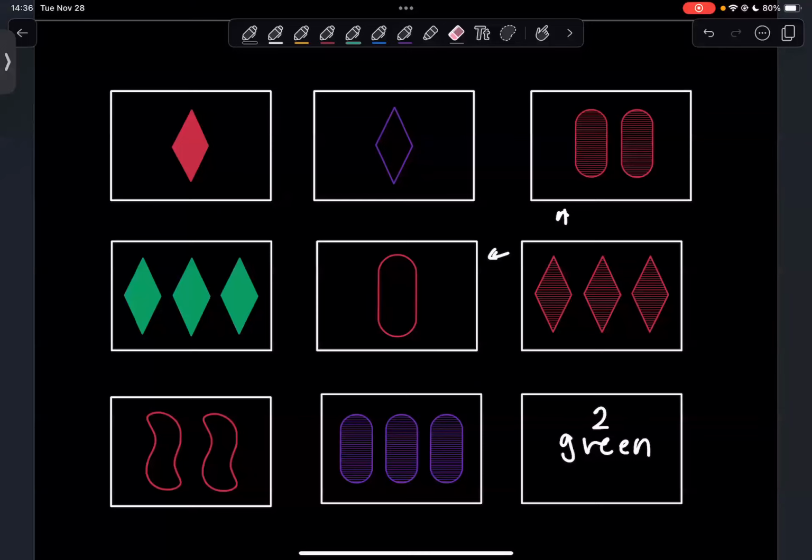So here we can look at the filling. So again, empty, filled, or striped. So I can put together things that are all different or things that are all the same. So that top row has filled, empty, striped. So those can make a set together just thinking of that attribute. The same thing will be true for the second row. And so this last row will have to make a set just within that characteristic. So what would the filling be here? It's going to be completely filled in.